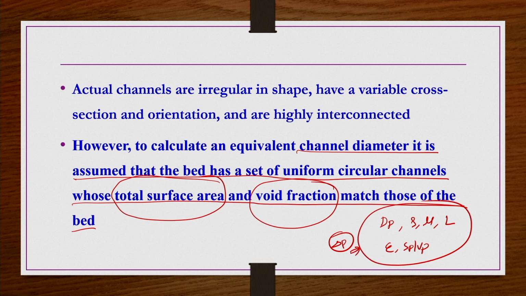But theoretically it is very difficult, because the flow is very irregular and indeed very complex from one channel to the other flow channel, or from one location to the other location within the packed bed, because of the irregular channels, variable cross section, orientation, and highly interconnected channels, etc., present in the packed beds, right. So, how to do this? Now what we do, we assume this bed whatever is there,